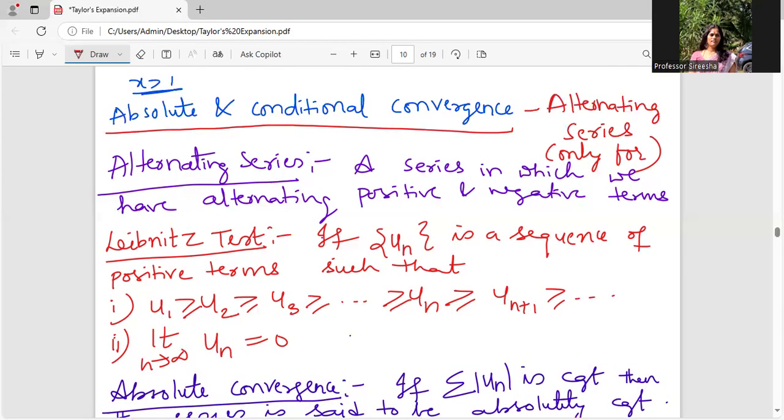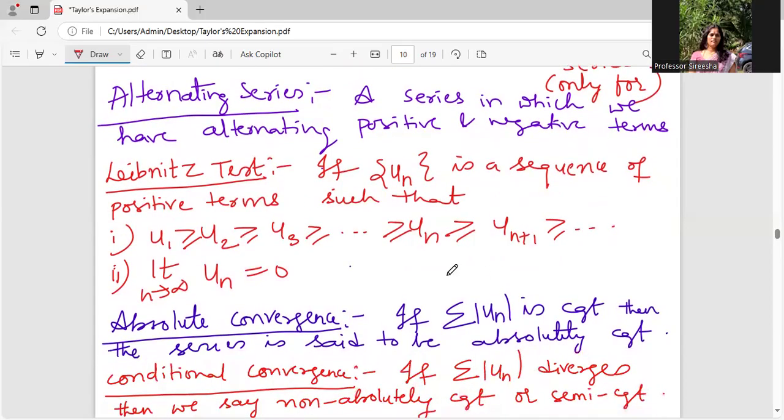And in this, the most important topic is absolute convergence and conditional convergence. Alternating series is a series of positive and negative terms. I can have something like -1, 2, 3, -3, 4, and so on. This can be one type. Another type can be 2, 4, -6, -8, meaning alternatingly two plus, two minus, kind of as well. Now the test that I have for alternating series in the scope of our syllabus is the Leibniz